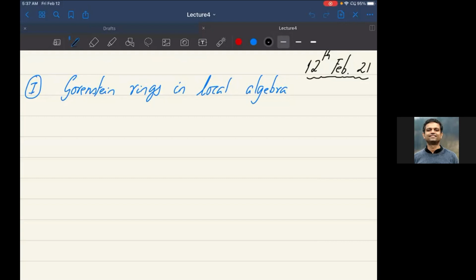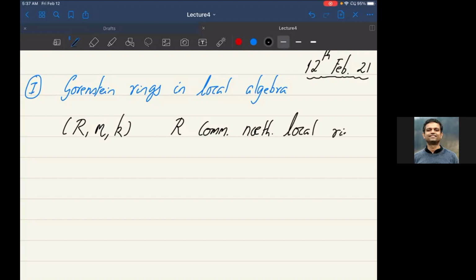So, okay. Let me begin in the local algebra world. I'm supposed to say something about duality and haven't really touched upon it. So let's start in the local algebra context. For the moment, I'll be looking at the context where R will be a commutative Noetherian local ring. So it might be the ring of functions at some point in a variety. That's the kind of example you might want to keep in mind, or something like the integers localized at a prime. M is the maximal ideal, and then K will be the residue field.